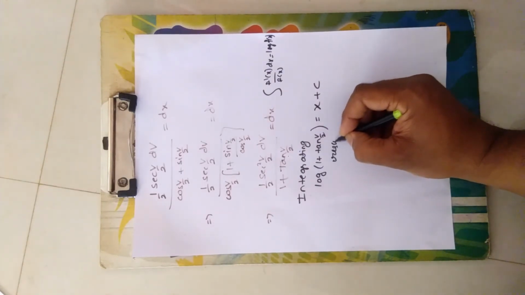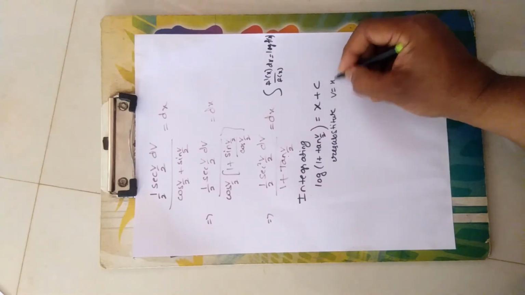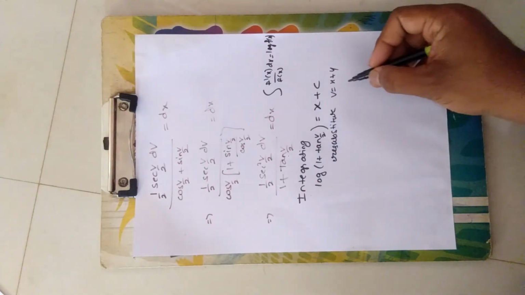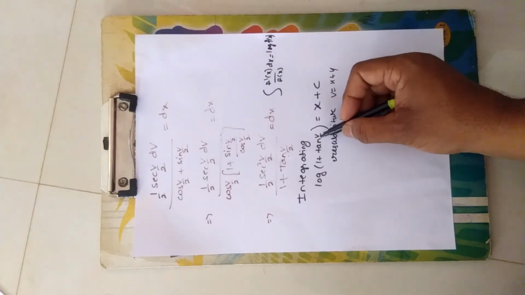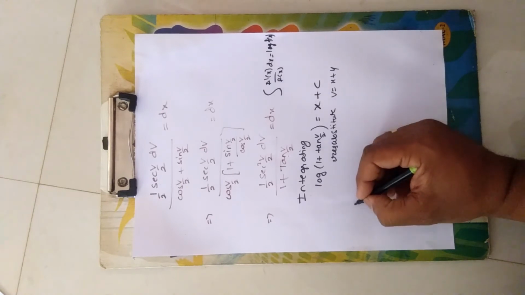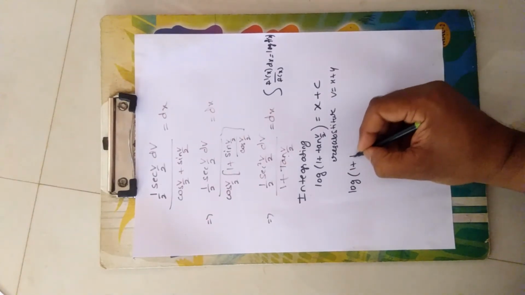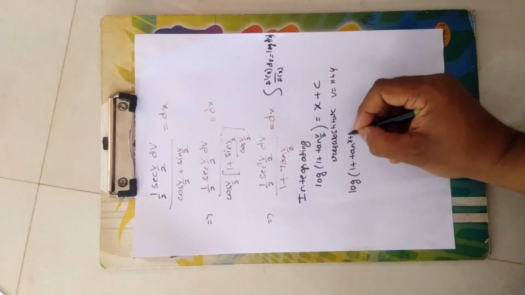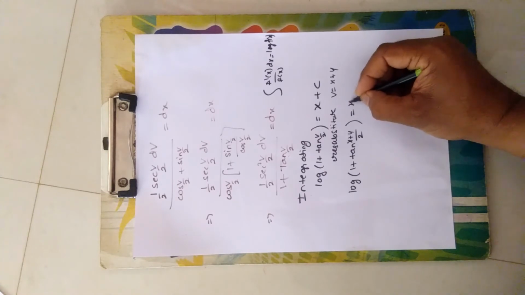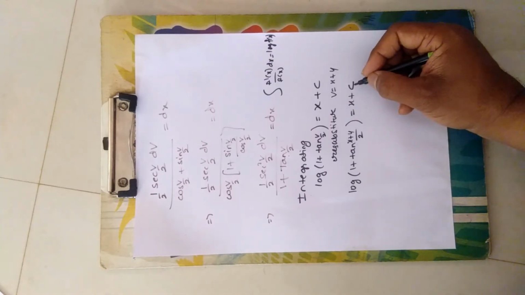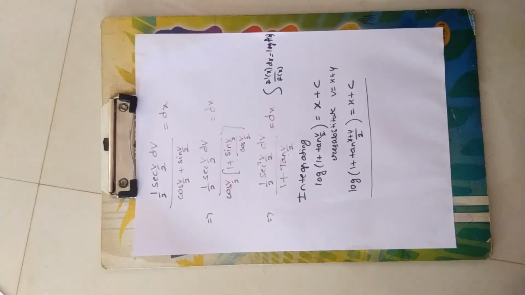Resubstitute v as x plus y. Earlier we had taken x plus y as v. Now after getting the solution, we again replace v by x plus y. So this gives log of 1 plus tan of (x plus y) by 2 is equal to x plus c. So this is your solution.